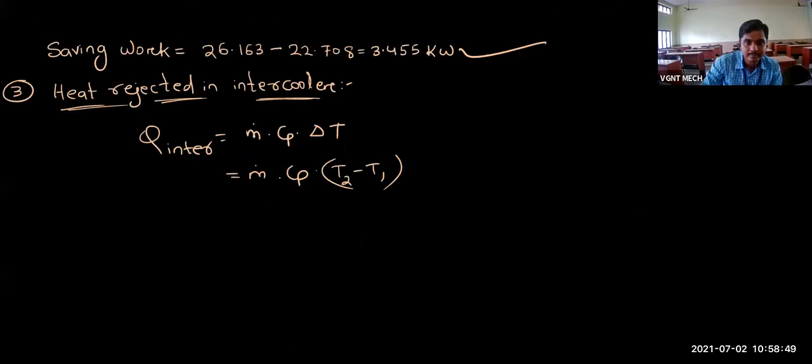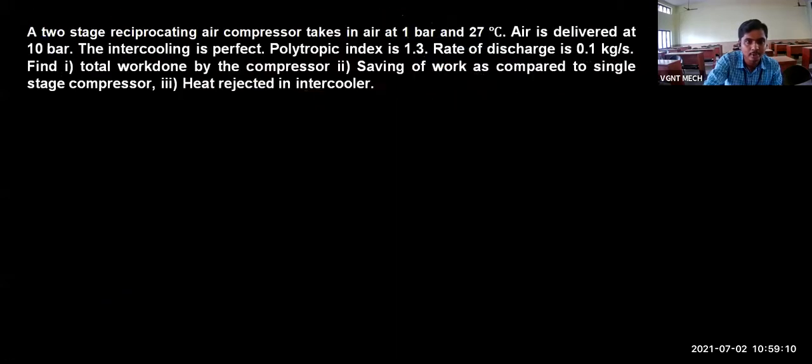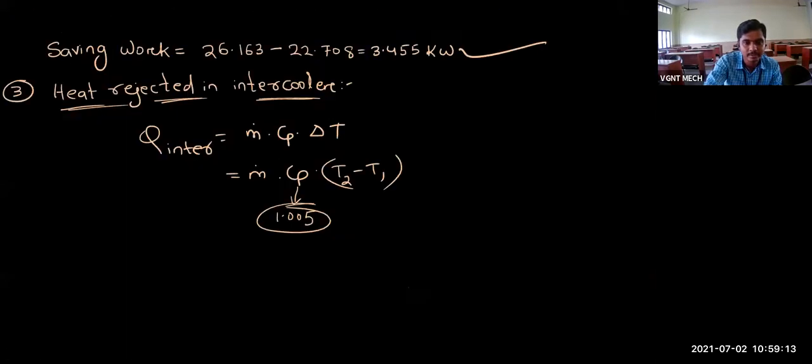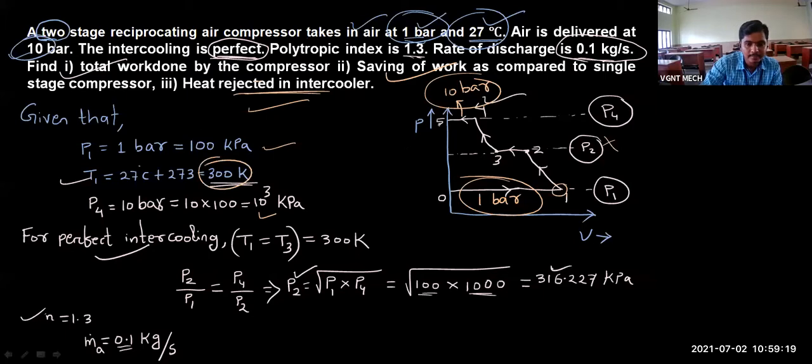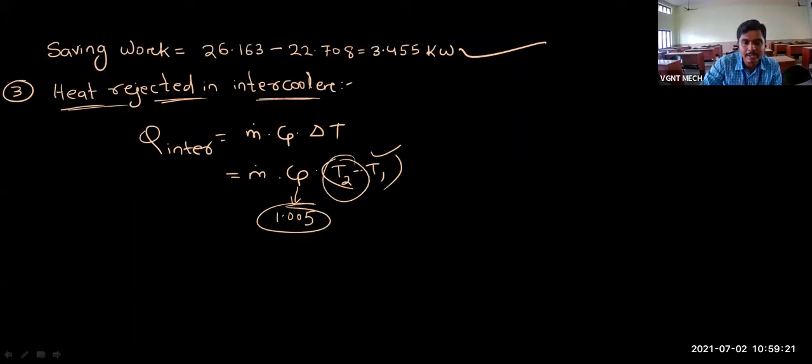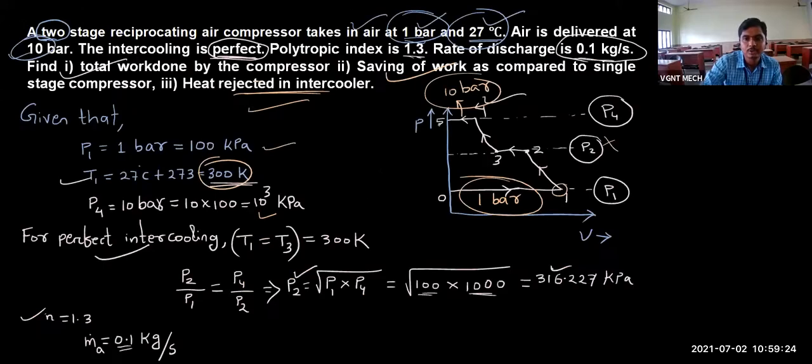Okay, so how to do it? What is mass flow rate? Mass flow rate value is already given. Cp, what is Cp? Cp is the specific heat of air. Normally the value is 1.005 kilojoules per kg Kelvin. They will mention this in the question paper. I forgot to write it, but they have mentioned the value of Cp. T1 value was given 300. This T2 value we have to calculate. T2 means temperature at this point.